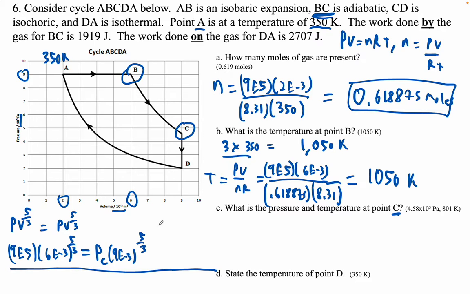So now let's solve for the pressure at C. So I'm going to go 9E5 times 6E minus 3 raised to the 5 divided by 3, and then I'm going to divide by 9E minus 3 raised to the 5 divided by 3. And I get that the pressure at C is